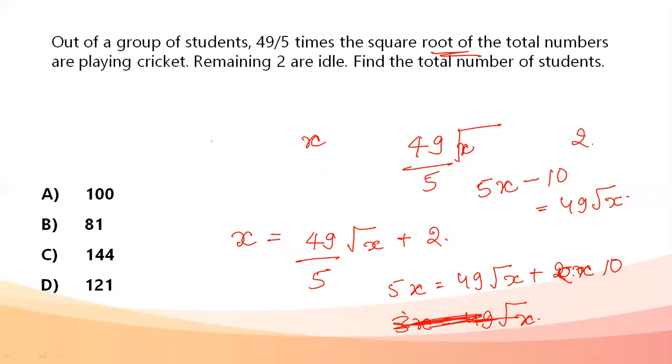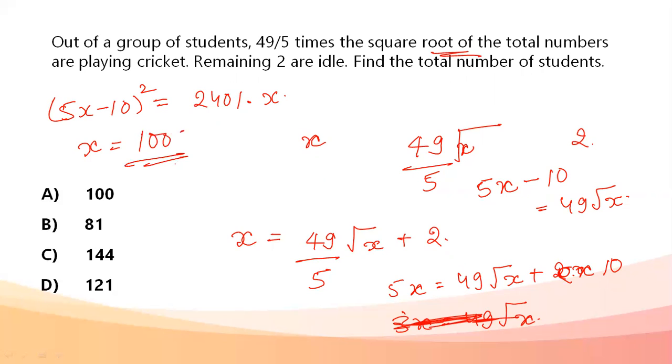And when we solve that quadratic, let's see what the quadratic becomes. Quadratic is 5x minus 10 the whole square is equal to 49 square, that is 2401 into x. Okay, opening all of that, when we start solving it, we'll get the value of x. One thing we can do after this is either go with respect to the options, directly put the value of x from the options, or solve for it. I would prefer going with respect to the options so that we can avoid solving all of this equation. Value of x would come out to be 100. That is number of students in the class, it's 100. My answer is option A.